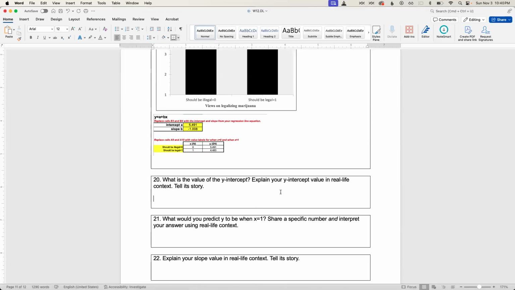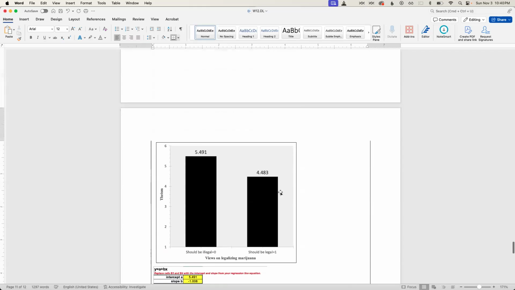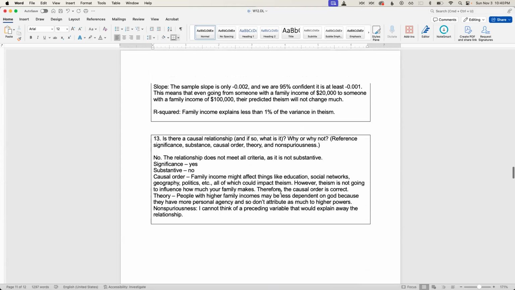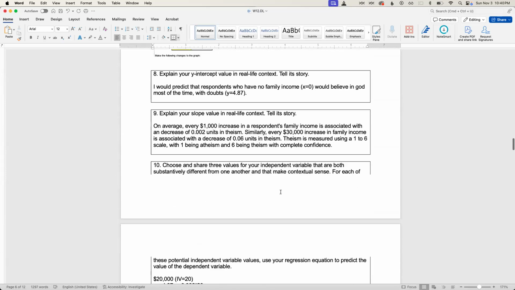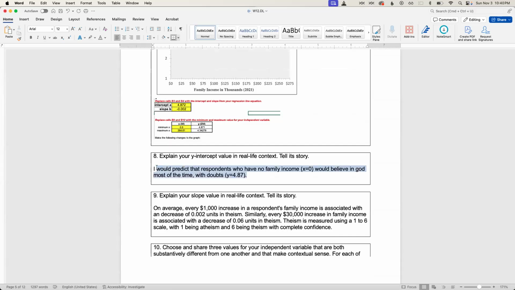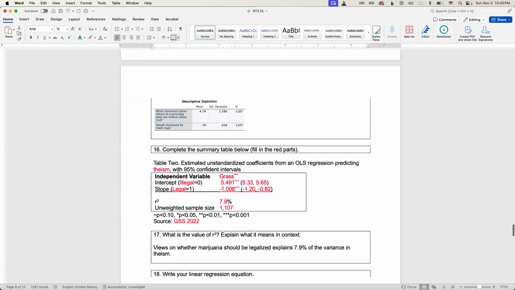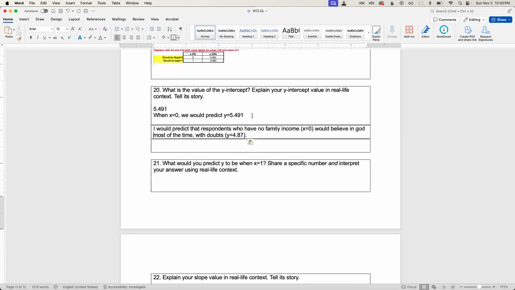Okay, what is the value of the y-intercept? So it's 5.491. What does this mean in real life context? So again, it's when x equals 0, we would predict that y equals 5.491. We have a template we can use for that. Let's see if it's any different than what I just wrote. Yeah, like that. It's a little more eloquent. So